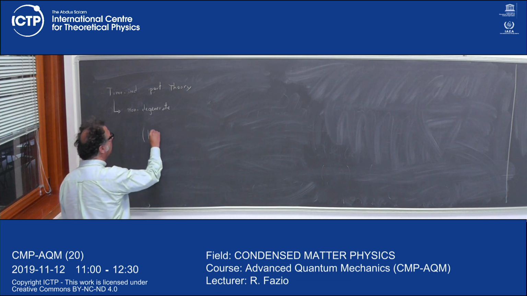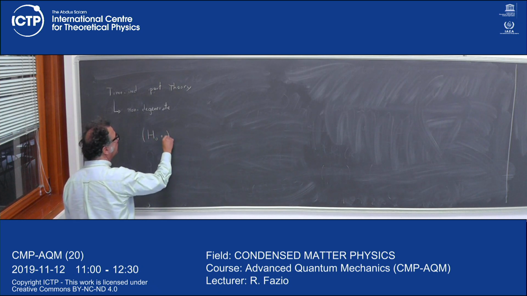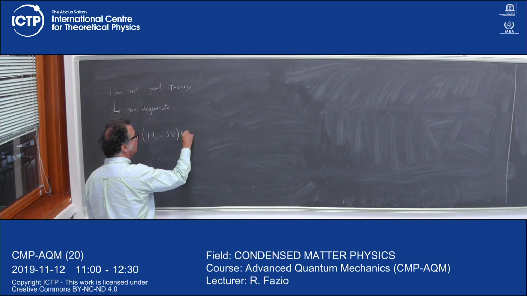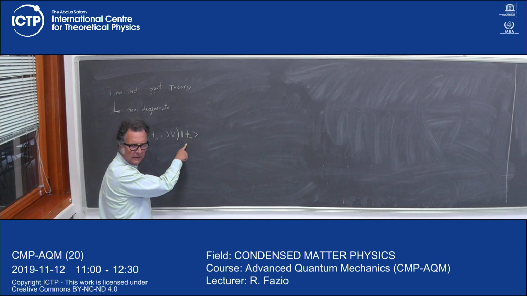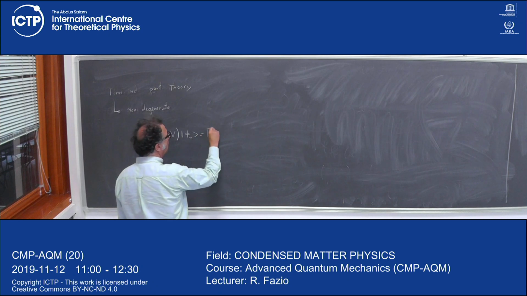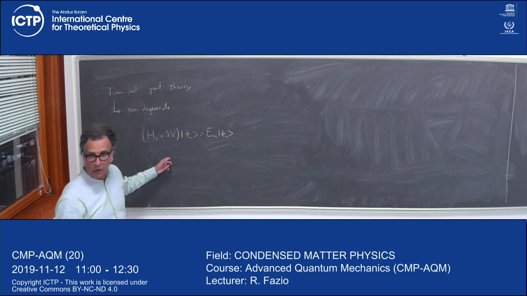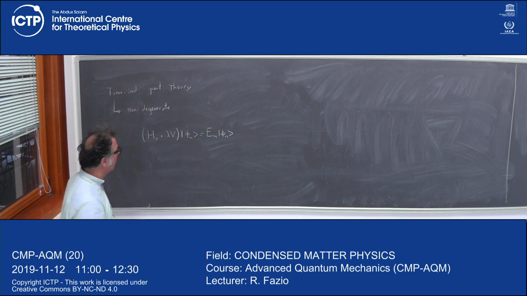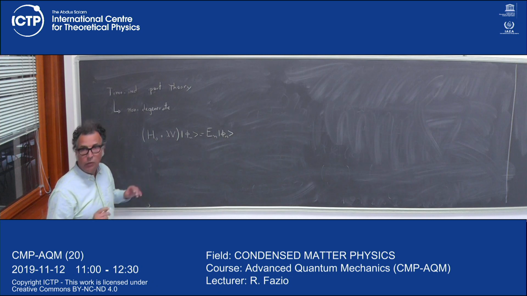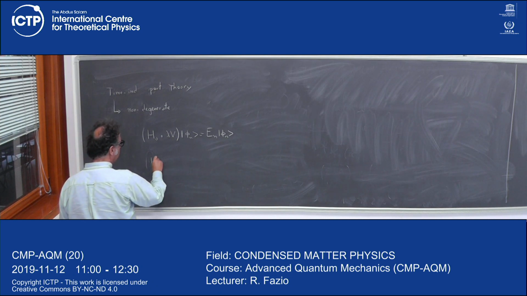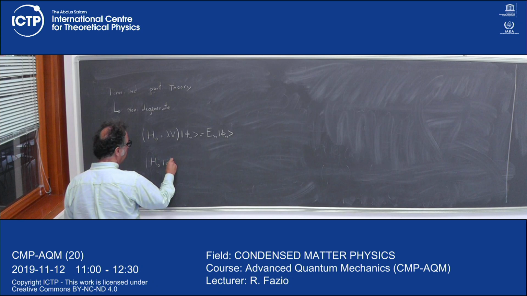We want to find the eigenvalues and eigenfunction of, did I call it phi yesterday? Okay. So we want to solve this problem, and we don't know how to do it. So we want to find the approximate solution. But what we know is this, how to solve